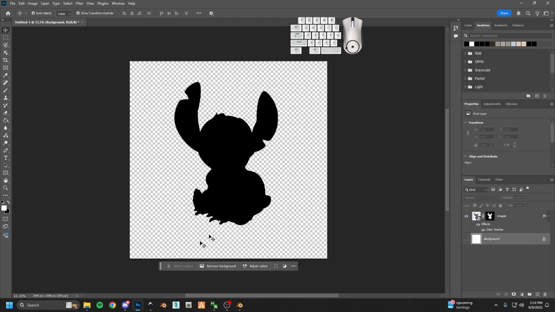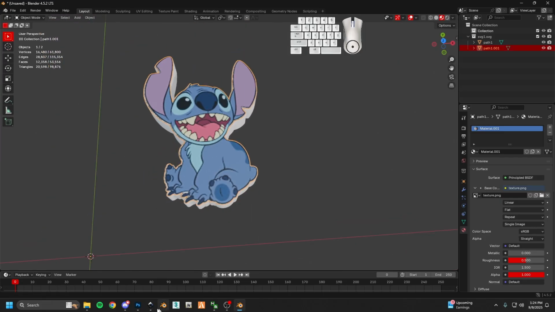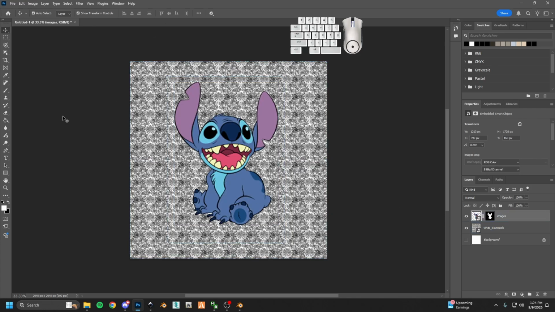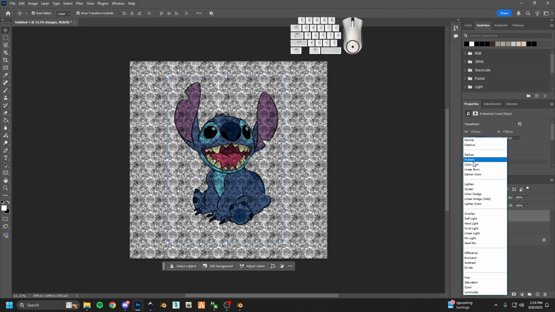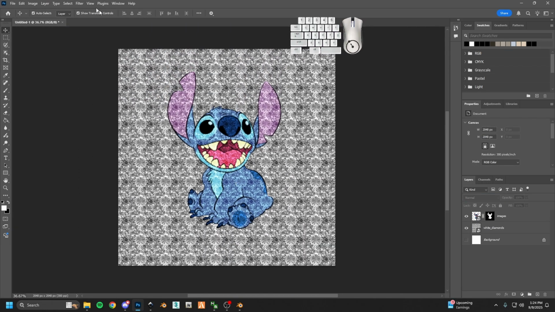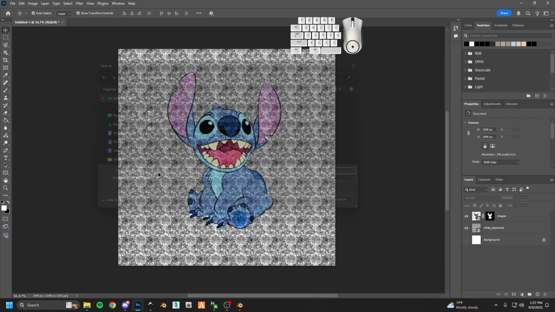Another thing too, you can make your diamonds show on the stitch by simply, once you're back here like this, when you make your texture, click on the stitch, go to normal, and just look for one that'll match the back of the diamond. So you can do something like this, see how it shows diamonds through him. This is the same thing, just the texture, just showing y'all something different. I'm gonna just save it as it is,